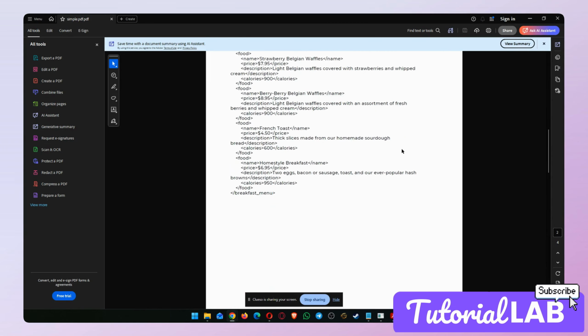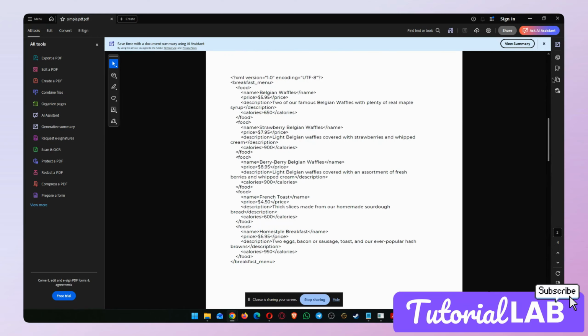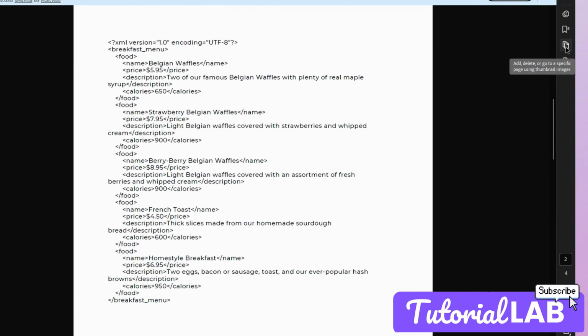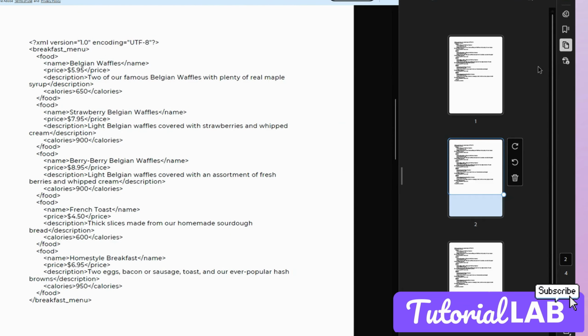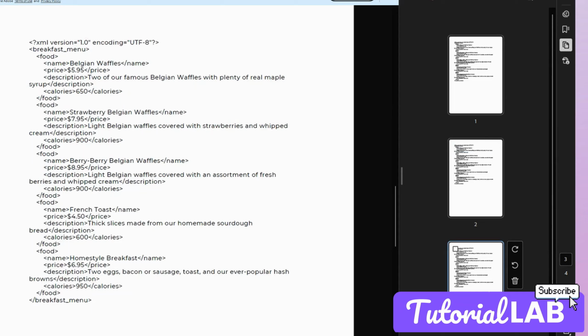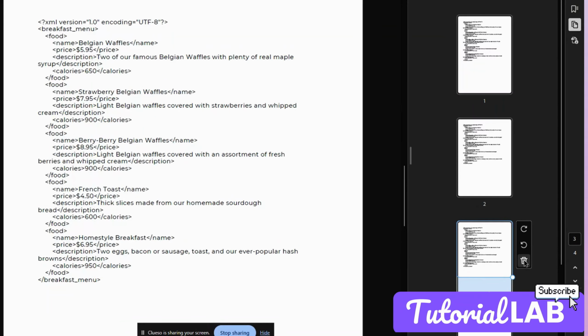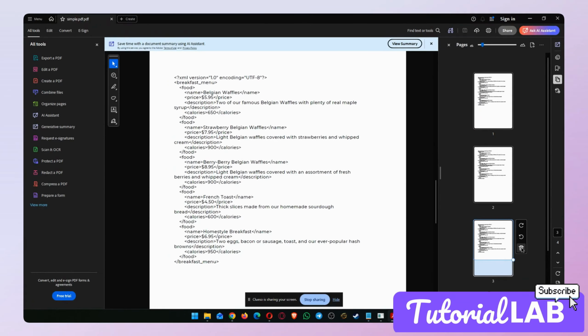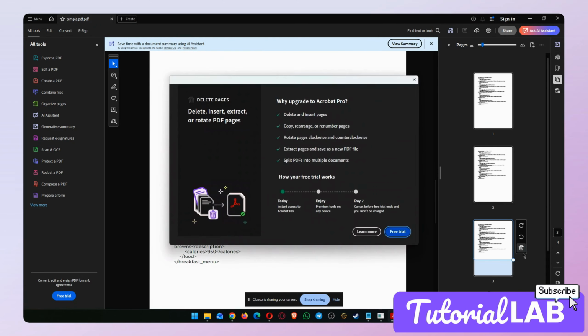Once you open your PDF, just go to the section in Adobe Acrobat called Add and Delete Pages. Here you can see all your pages. All you have to do is click the pages you want to delete. You will see the trash icon appear right away. Now, once you click this, make sure you have already decided which pages to remove and read the message that